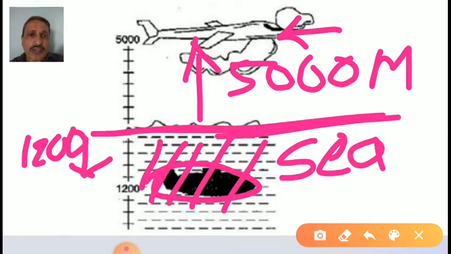You may find these types of sentences at railway stations also. Yes, some students know about this one. Our Kashmir is above the sea level. Below the sea level is not possible, otherwise we would be under the water. Good. So now we have to find out the total distance between them.